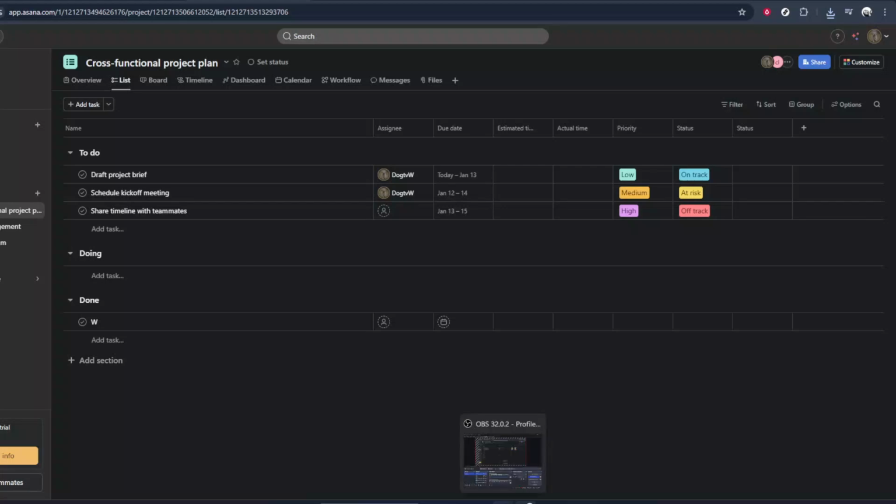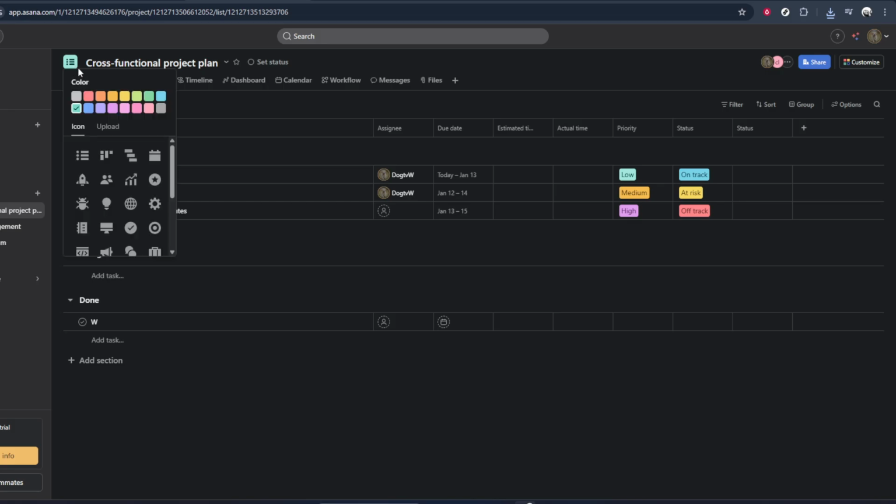In today's video, I'm going to teach you how to change a project's color icon in Asana. This is a really simple tweak, but it can make a big difference in how organized and visually clear your workspace feels. Color coding projects helps you scan your sidebar more quickly, separate personal from teamwork, and highlight high priority